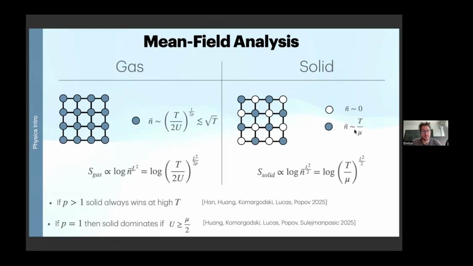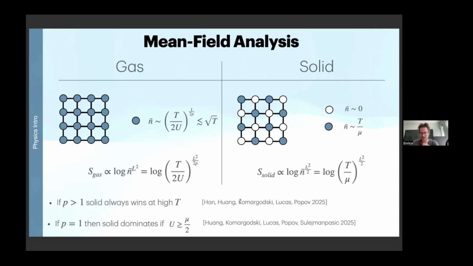And so the entropy of the solid is going to be the logarithm of the number of blue sites. I have L squared divided by 2, because only half of the lattice is colored blue. And the typical n bar scales this time. So, just by checking these two entropies, in these two papers,